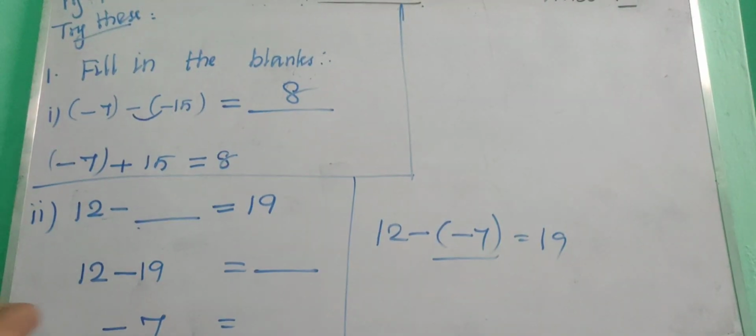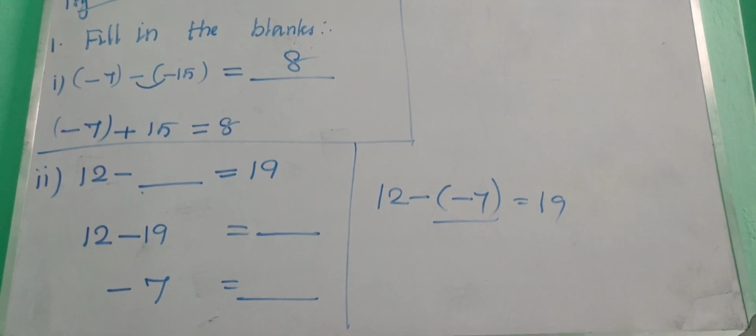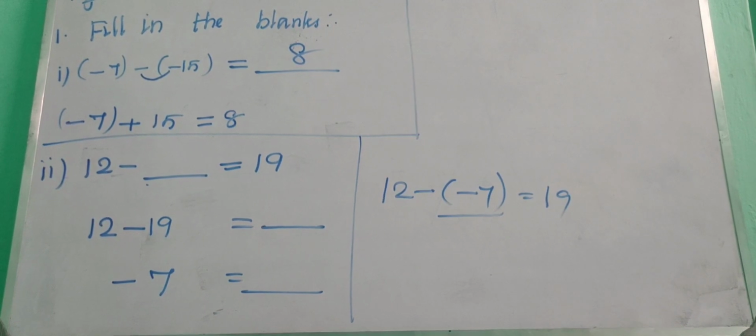Okay children, just fill it. Take your notebook, you had already started writing 2 questions, right? So write the heading as Try These, which is on page number 14. Then mention the page number also. Write the first question and after that write the second question. So pause the video and write. Then let us see the next one, the third one.